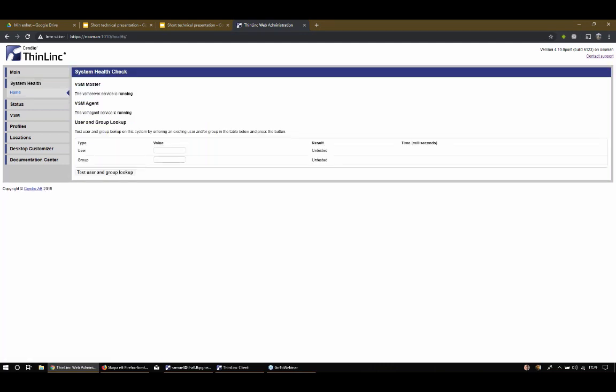For example, in the web administration interface, you can look up users. For example, we can look up the user Samuel. Yeah, that works. Took 19 milliseconds. We can look up the group for my user. Oh, that works too.